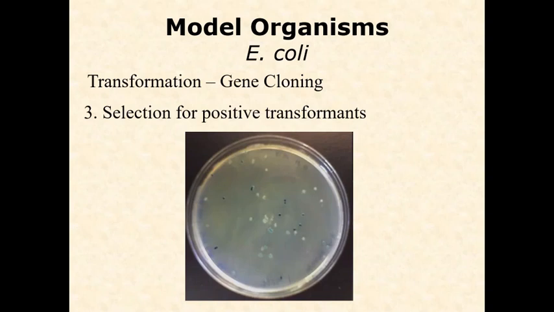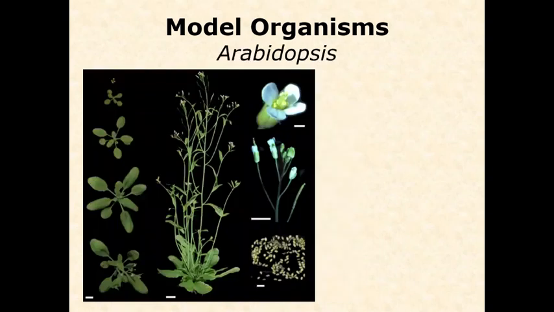So that we can create. These processes are used when we're creating vaccines and really in just about any molecular lab at one point or another, they'll go through this process of transformation. The next model organism I'm just going to mention briefly is Arabidopsis, usually thaliana, but again, Arabidopsis thaliana is a